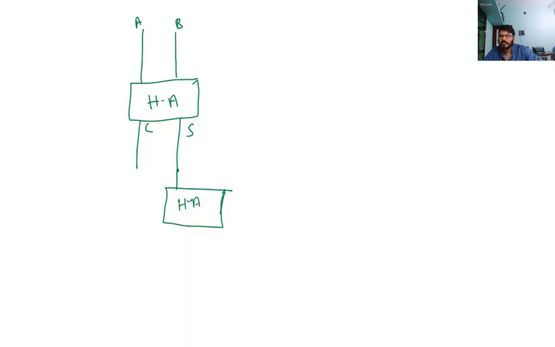Now from here you have a carry in, carry from previous position, C in. So this is your C in, and this carry I am taking out here. Now this half adder will produce a carry. Here you will have a carry and here you will have a sum. This sum will be your output sum. Now this carry is taken here.